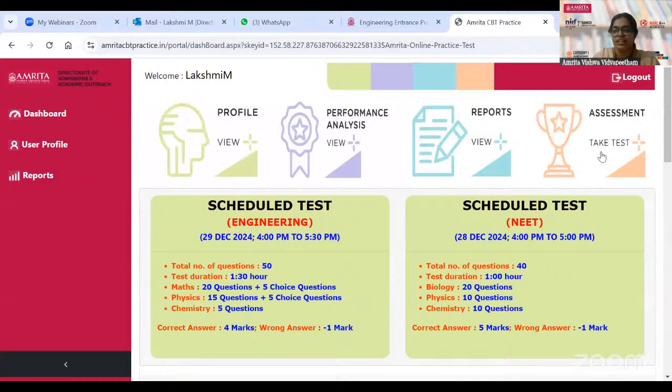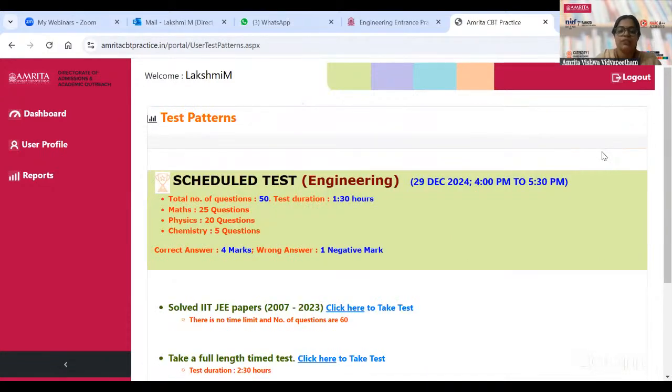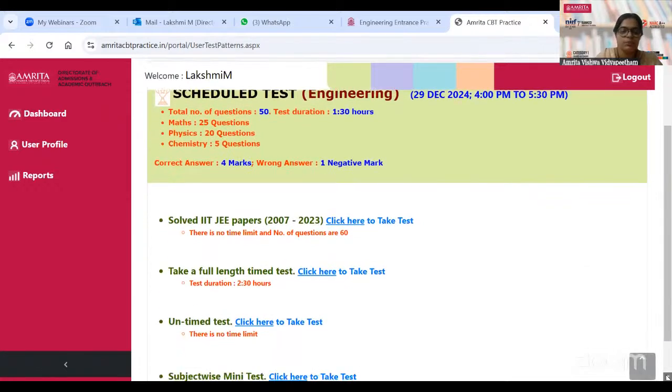Very basic thing. Here, it's a complete profile and you can do your analysis also. You have taken a test today. What about my chemistry? What about my physics? What about my status in mathematics? You can do that type of analysis also. And if you're taking a test, you could see a lot of solved papers are here. Untimed test where you can sit in front of the system and solve it in 3 hours or 4 hours. That is also possible. Even a timed test, 2.5 hours test is there, even subject-wise mini test, everything is available.